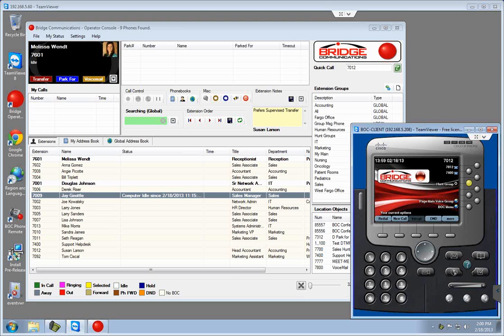Hi, and welcome to today's demo of the Bridge Operator Console. Today's version will be running on Windows. BOC supports Windows XP all the way through Windows 8.64. If you wish to see previews of how it works on iPad or an Android tablet, those are also available